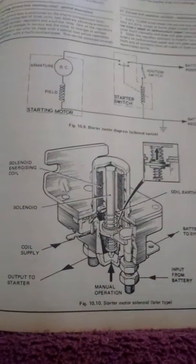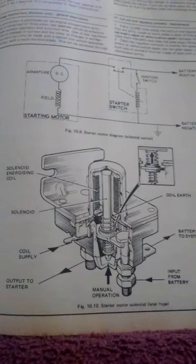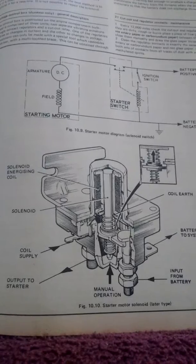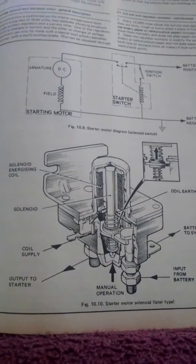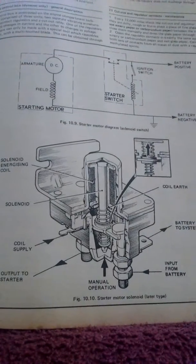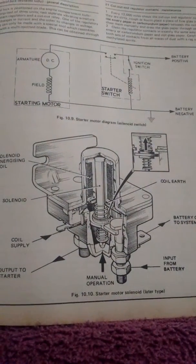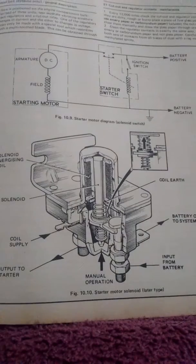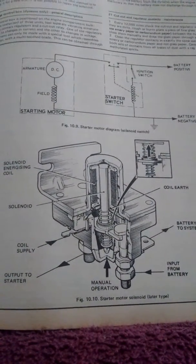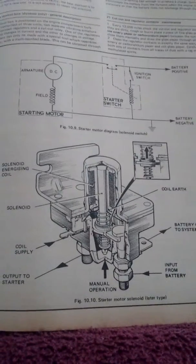Now most of you know that I've got a Series 3 Land Rover, 1972, and recently I've been gearing it up to get it moved. We've had a few stumbling blocks. The first stumbling block was I took the radiator off, and